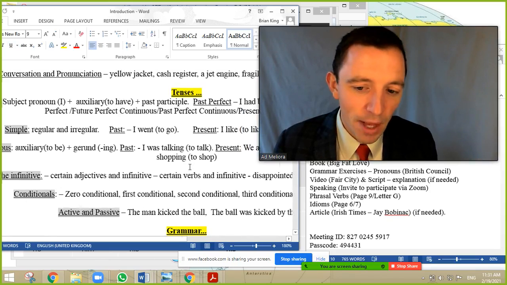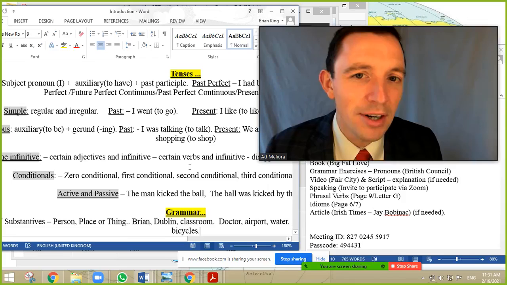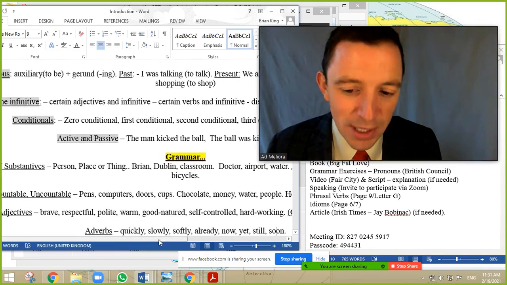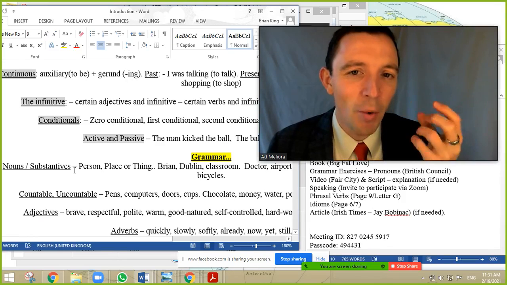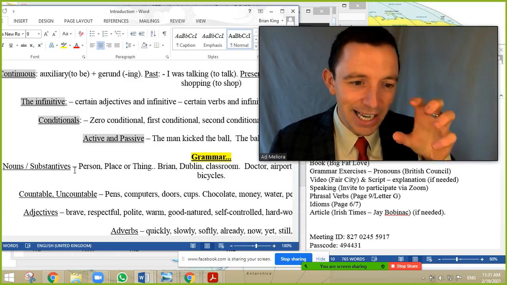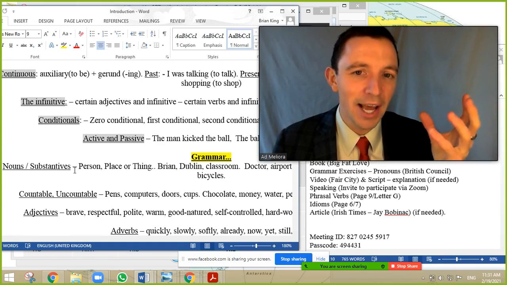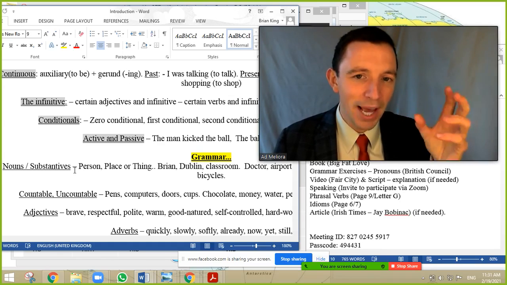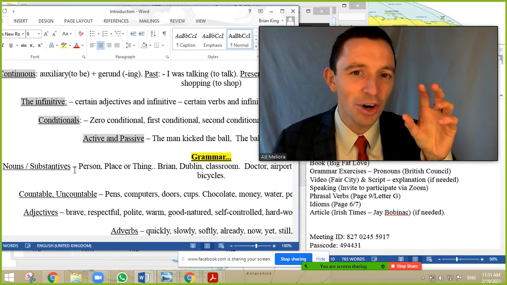Okay. The next category are just other grammar concepts and other very important grammar ideas. For example, the substantive or the noun. So you need to be clear what is a noun and what is a substantive. Again, it's the foundation of the language. Basically, a noun and a substantive is a thing, a person or a place. Okay. For example, house, car, city, Brian, pen, telephone. The majority of things are substantives or nouns.